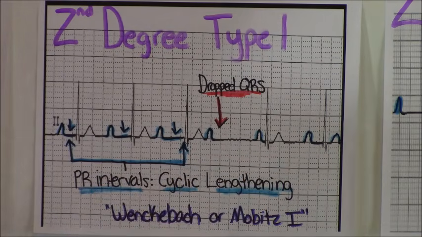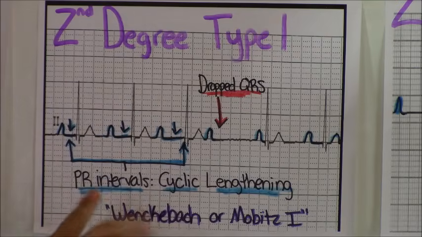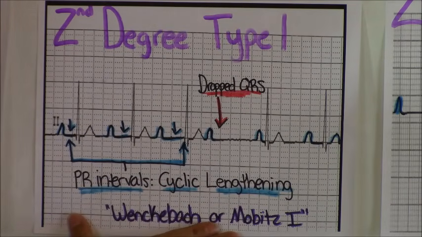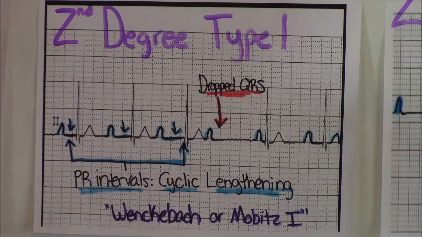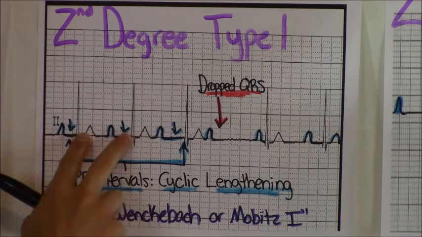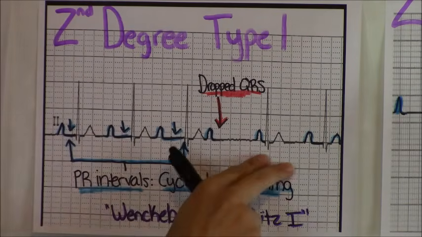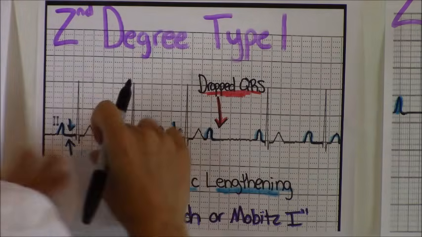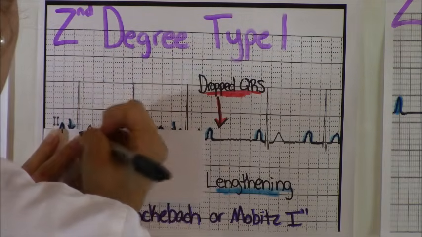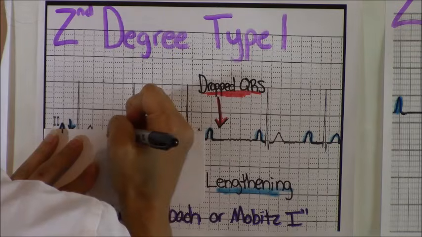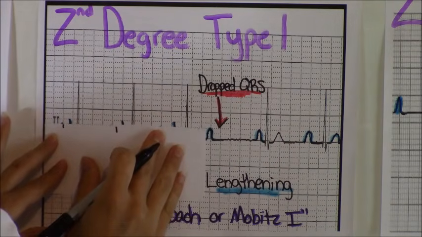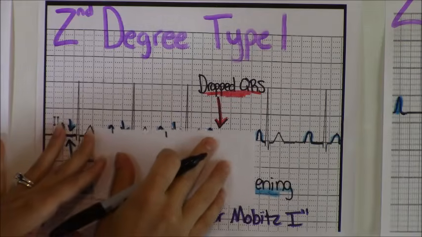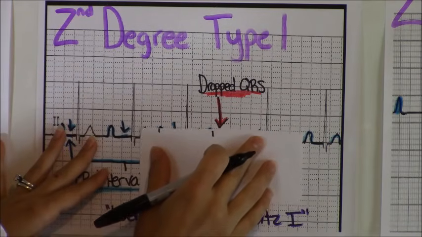So let's measure this. Typically, whenever you're doing heart blocks, it's really good to get your calipers, but if you don't have calipers, the paper will work. But usually the P waves will be so slightly off that the calipers are a little bit more accurate. But if you have to use paper like me, you just have to use paper. So we're going to measure those real fast, and they are going to be slightly off. And they are, as you can see,